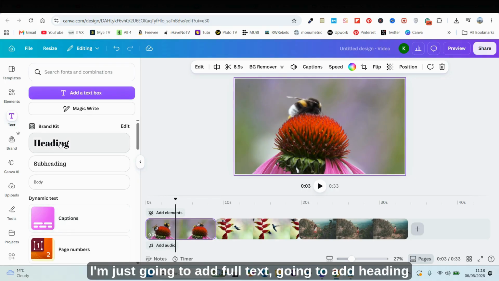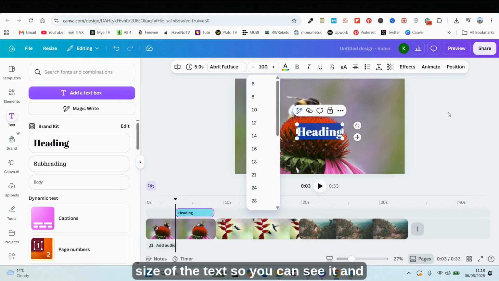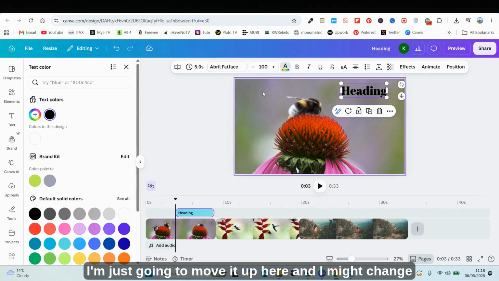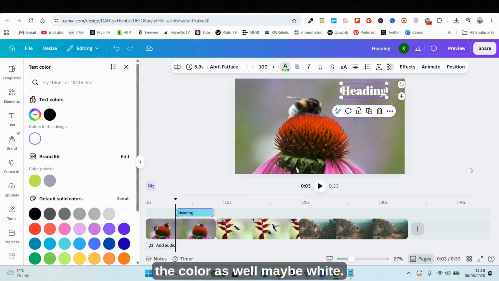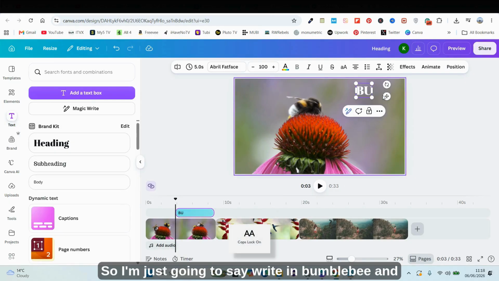I'm just going to add normal text, going to add heading text so it stands out a bit more, going to increase the size of the text so you can see it, and I'm just going to move it up here, and I might change the color as well, maybe white. So I'm just going to write in Bumblebee,